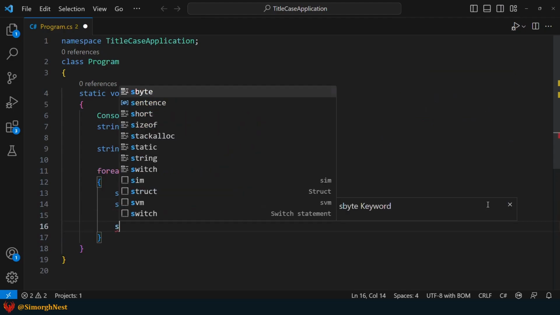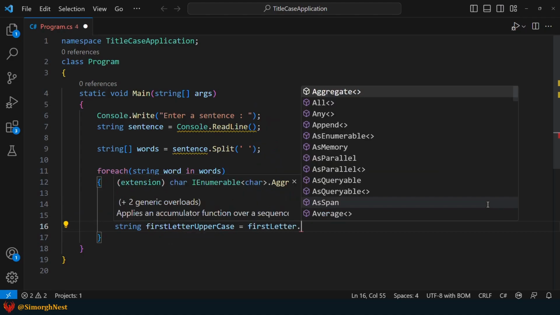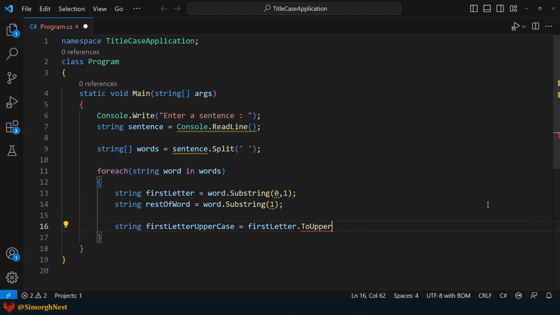Next, to convert the first letter to uppercase, we can simply use the toUpper method. Similarly, to convert the remaining letters to lowercase, we can employ the toLower method.